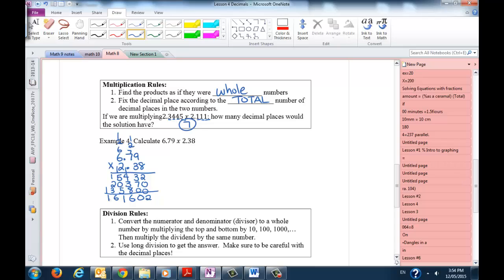Now, I still have to add in my decimals. So I have 1, 2, 3, 4. So I'm going to count from here. I'm going to go 1, 2, 3, 4. And my decimal goes in here. So my answer to 6.79 multiplied by 2.38 is